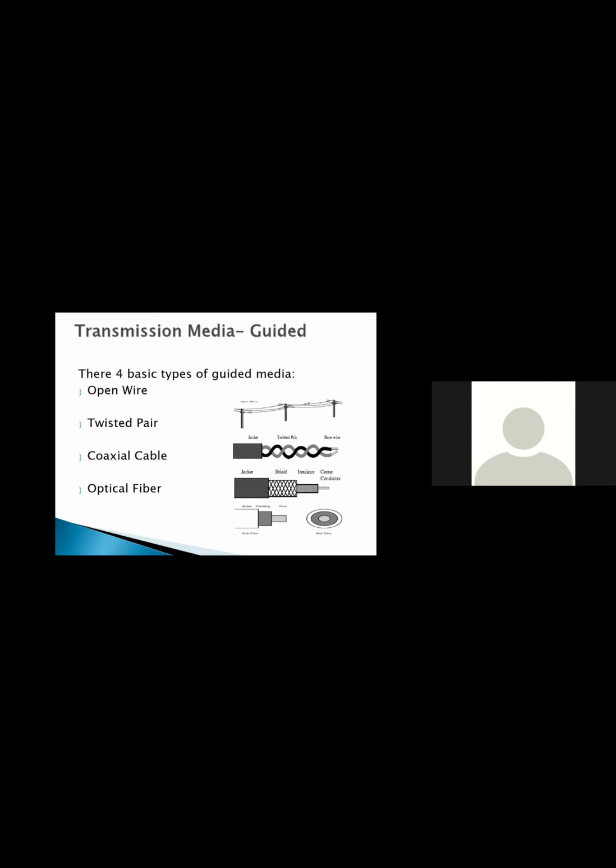Twisted pair. The wires in twisted pair cabling are twisted together in pairs. Each pair consists of a wire used for the positive data signal and a wire used for the negative data signal. Coaxial cable consists of two conductors. The inner conductor is held inside an insulator with the other conductor woven around it, providing a shield. Optical fiber consists of thin glass fibers that can carry information at frequencies in the visible light spectrum and beyond. The typical optical fiber consists of a few narrow strands of glass called the core.